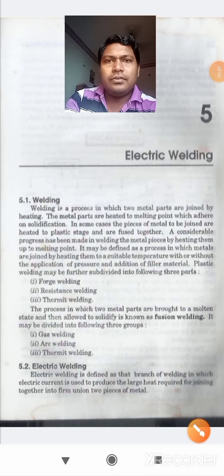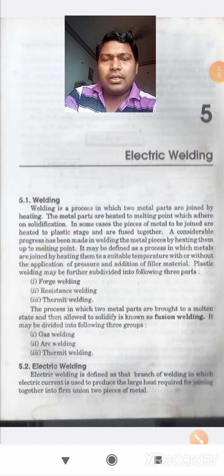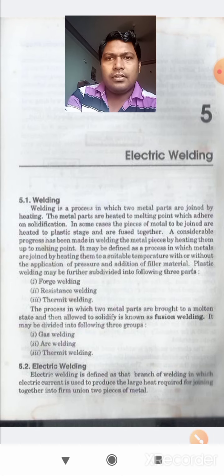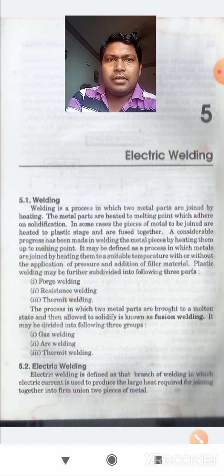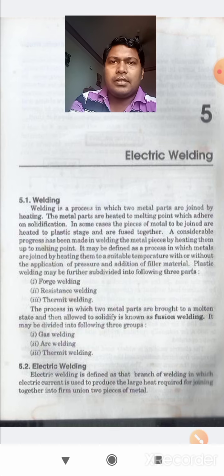Yes, today we will start the utilization of electrical energy and traction for 5th sem electrical diploma students, and today we will discuss electrical welding. Before understanding the process of arc welding, because the focus of this chapter is arc welding, we will discuss the process of welding, the various types of welding used, and how the joints are made.